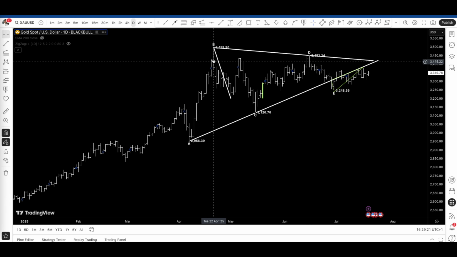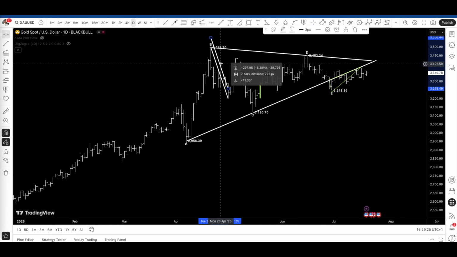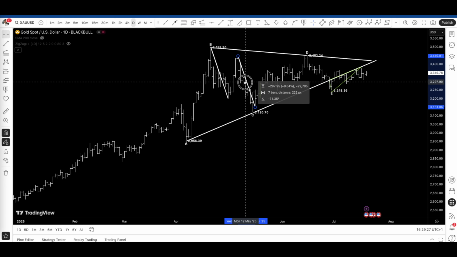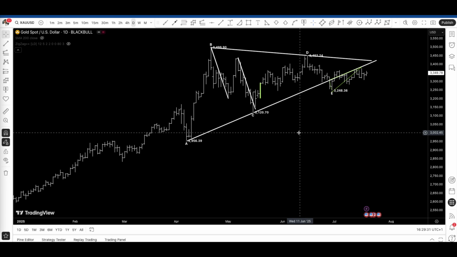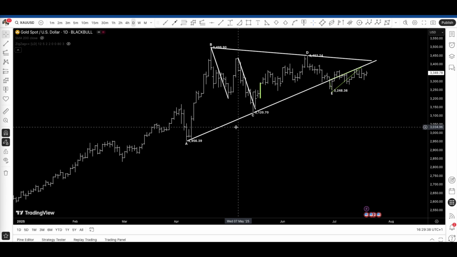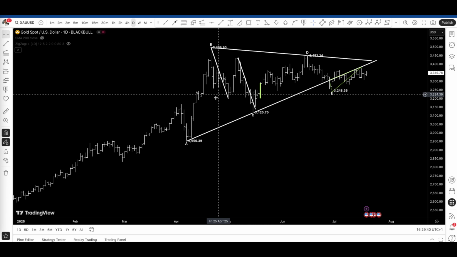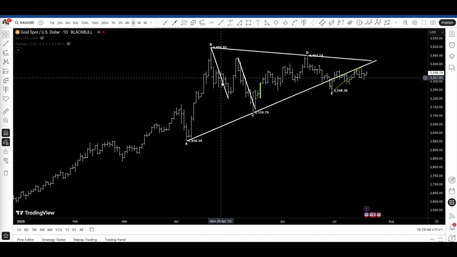If I take this swing here and I copy and paste, we can see that it is very close. I mean, a 90% swing, not only in time but in price as well. Yeah, so we are going to go into the 4 hours time frame chart, but before, because we are going to do